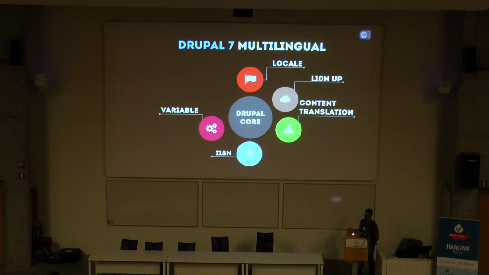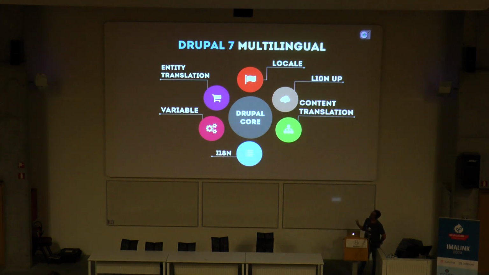But you still cannot translate your site name, so you need the variable module. And then, if you want to build a commerce site, you need the entity translation module for translating your shop items. And with the entity translation module, you can translate your nodes too. But you cannot translate the titles, so you need the title module too. So at the end, you have like several